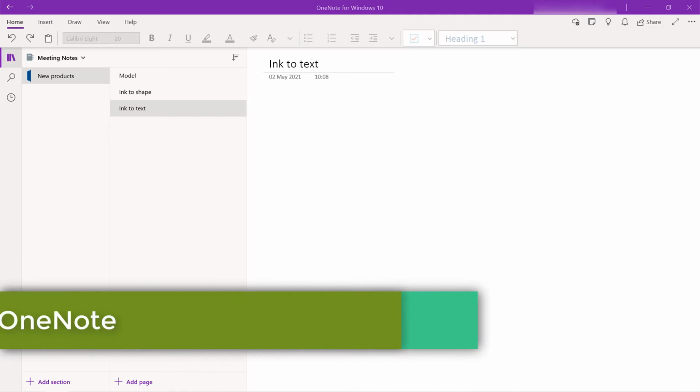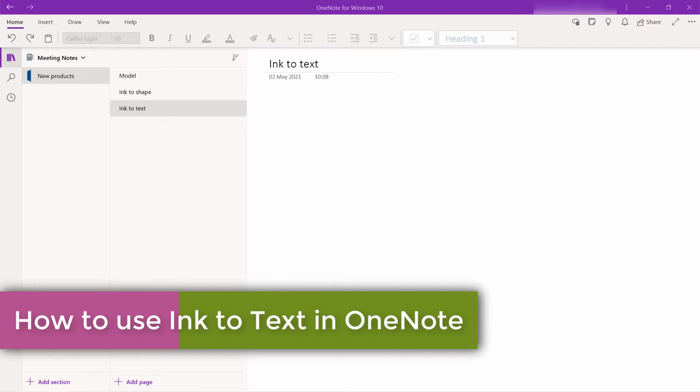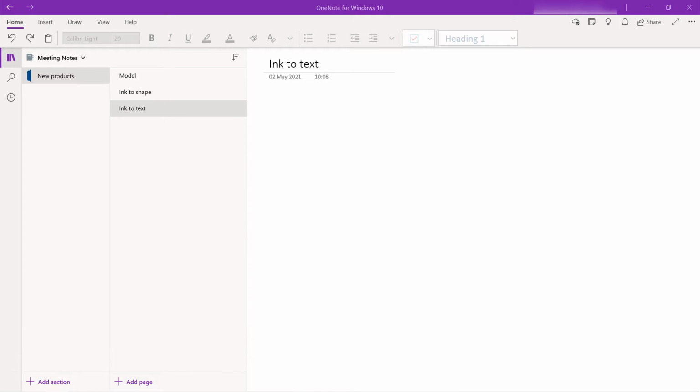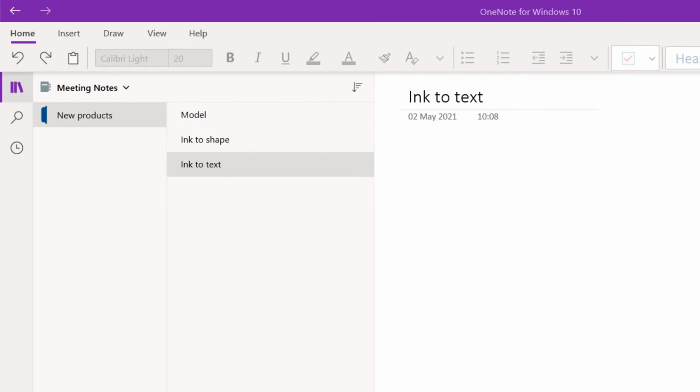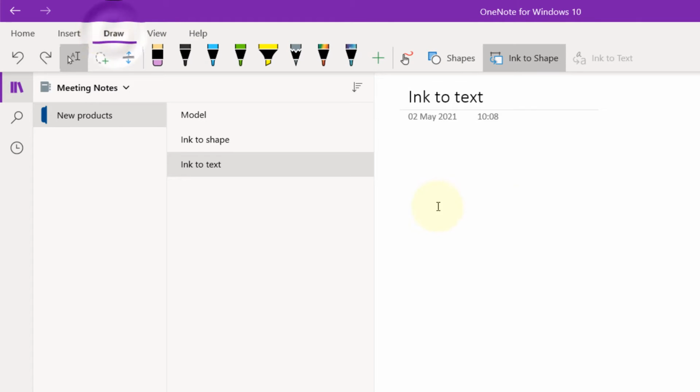In this quick video on OneNote, I will show you how to write text using your stylus or pen tablet on OneNote, and then OneNote will convert your writing into text. So first, go to the Draw tab, and then first make sure you select this, which is Draw with Mouse